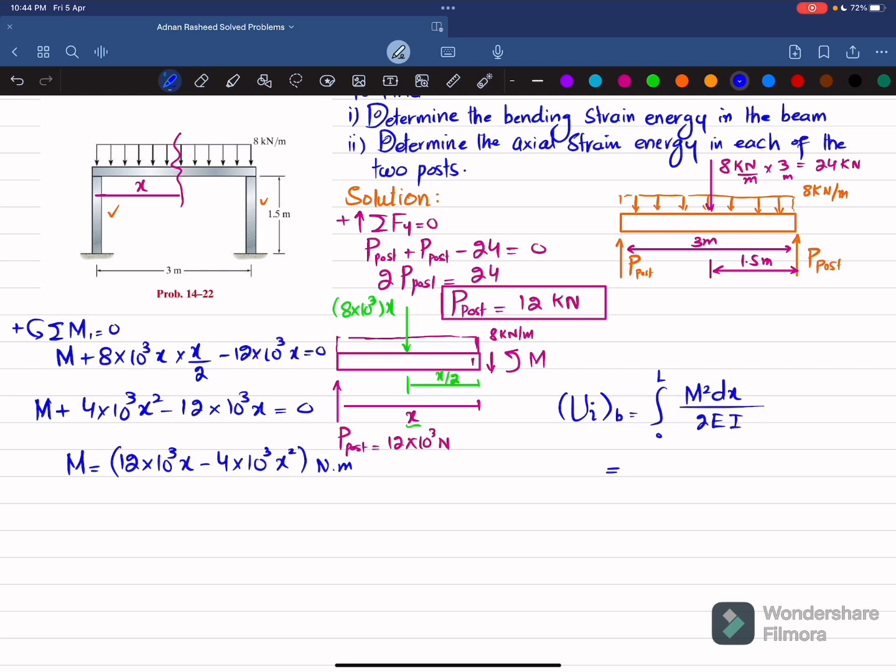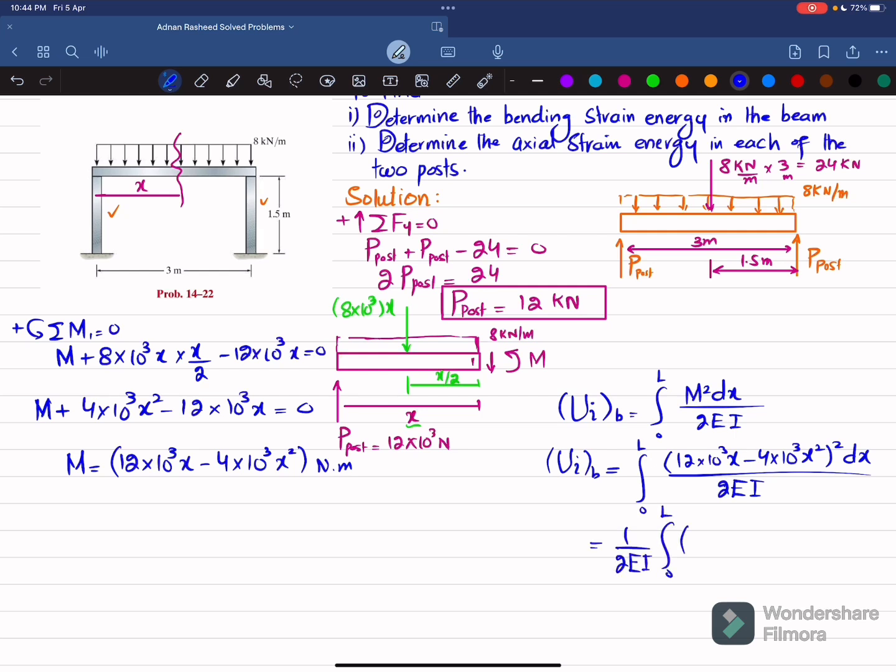Okay, so put the value: integral 0 to L of M square, which is (12 into 10 to the power 3 x minus 4 into 10 to the power 3 x square) whole square, into dx, divided by 2EI. That is the strain energy due to bending. Now if you take this 1 over 2EI out of the integral, because these are constant, you will be left with